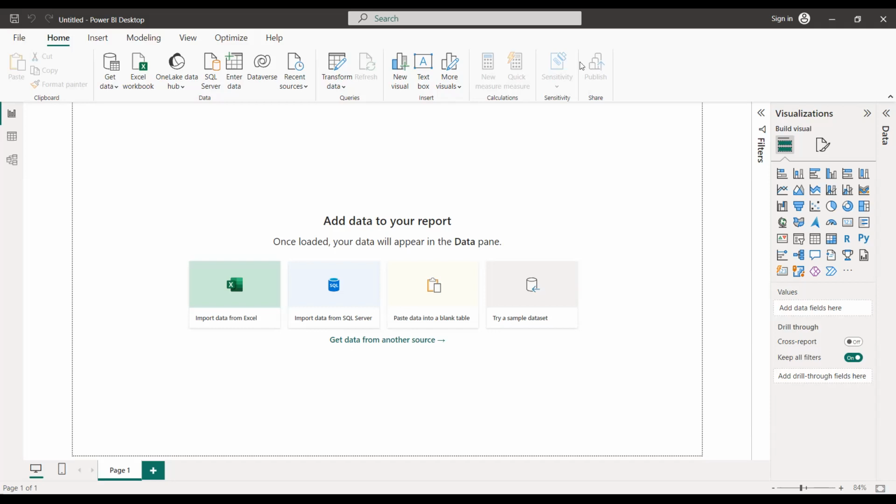I'm importing data from Excel. As a data analyst, you make use of Power BI rather than Excel. Power BI is more flexible than Excel, so you can bring data from Excel into Power BI.